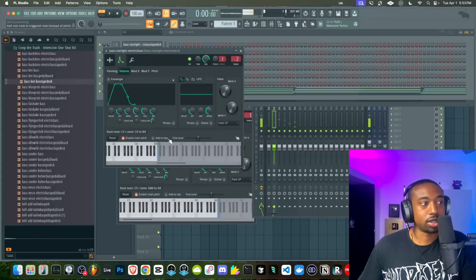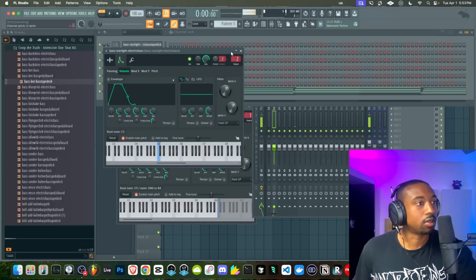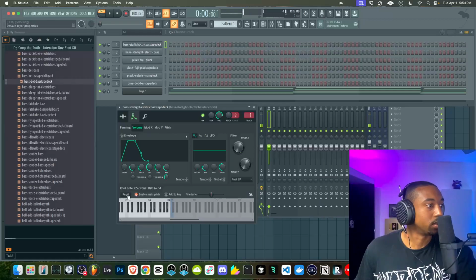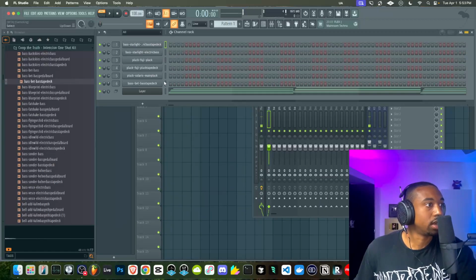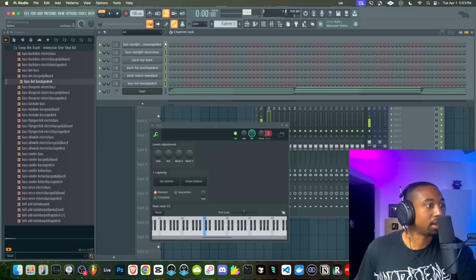So I just wanted to show you guys that advanced technique, but I'm actually going to turn it off because I want to hear the bass samples through these effects. So let's just turn that range off and let's actually run that back. Let's set these, all 6 of these.